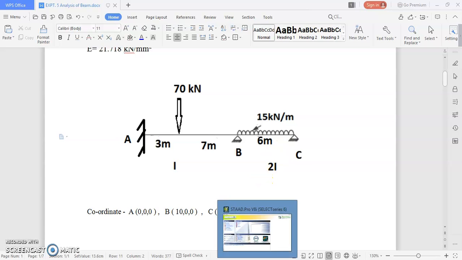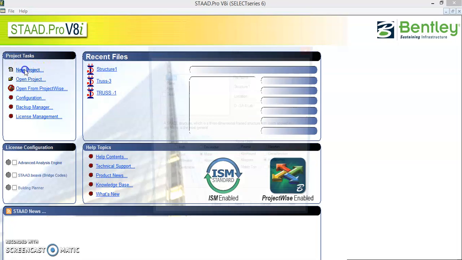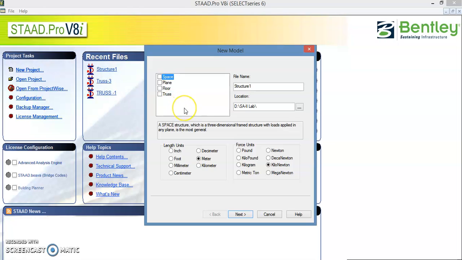All these analysis results we will find out in the software. For that again the same procedure we have to follow. So I will start the STAAD Pro window. What is the project task we have to take here? Again we have to go with the new project. Already we have done this in experiment number 1 and 2, so I think you should know all the steps now. This is just a revision type of problem I have taken. Only the difference is that for the manual calculation you have to use the stiffness method.